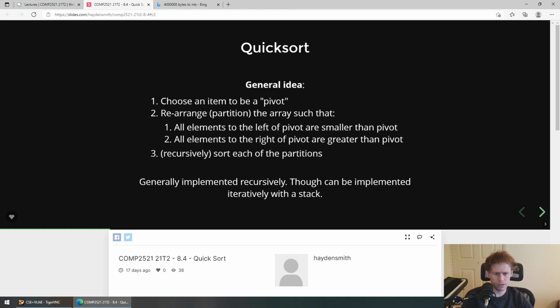But let's first talk about what in the world quicksort is. I remember learning it the first time. It was the one sorting algorithm I think that confused me the most at the time. In hindsight, I'm not too sure why. I think I just didn't come at it the right way, because it's not actually a very complicated way to sort. But the idea is, before we get into all the diagrams and stuff,